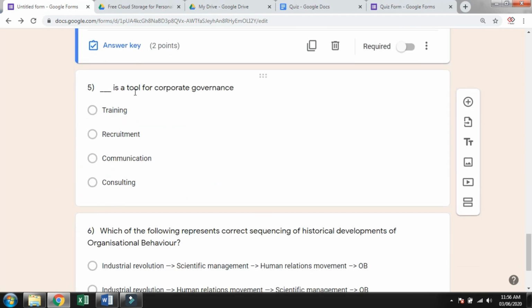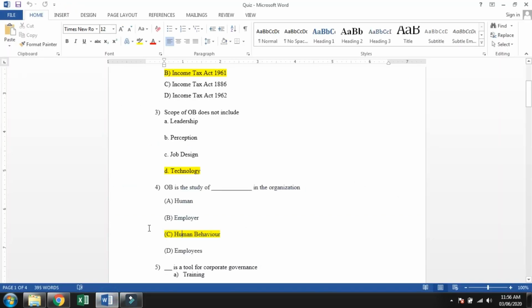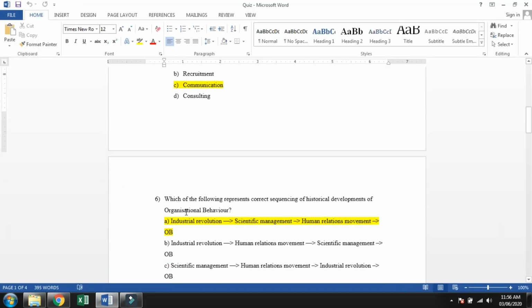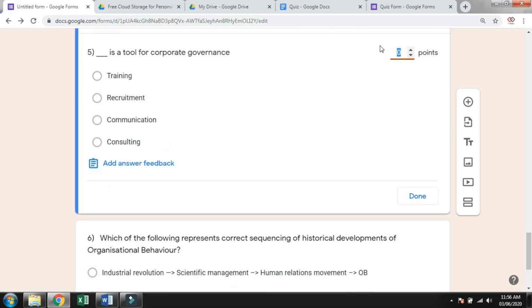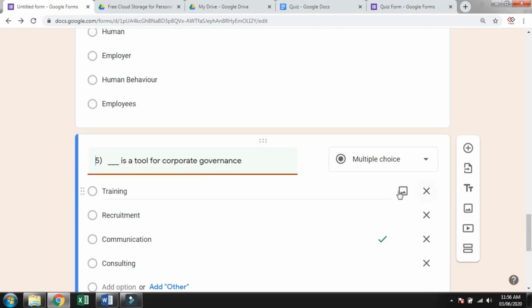Then for the fifth one, the answer is communication, and for the sixth one the answer is option A. So for the fifth one, adding the answer key, 2 points, and communication, done.